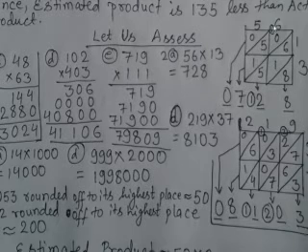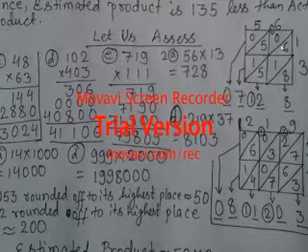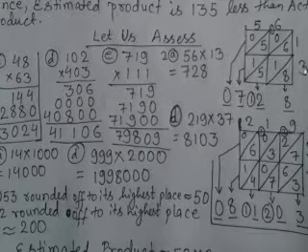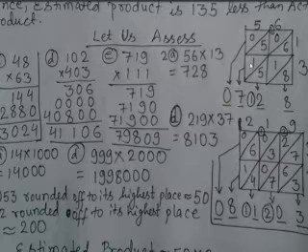Now again, 3 × 6 is 18. You can see 1 is at the tens place, so 1 here, and 8 is at the ones place, so 8 below. You have to keep in mind that the unit digit is always written below the diagonal in the square box. Now 3 × 5 is 15, so in the tens place 1, and in the unit place 5. Now what we will do is add.